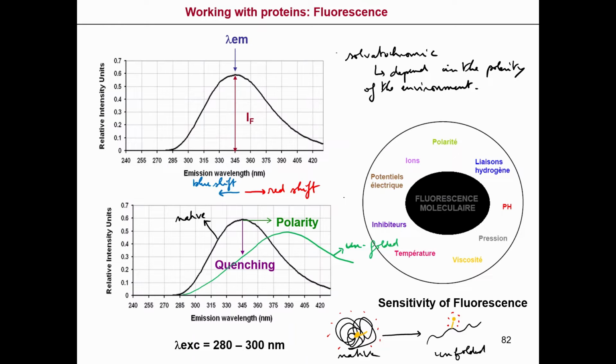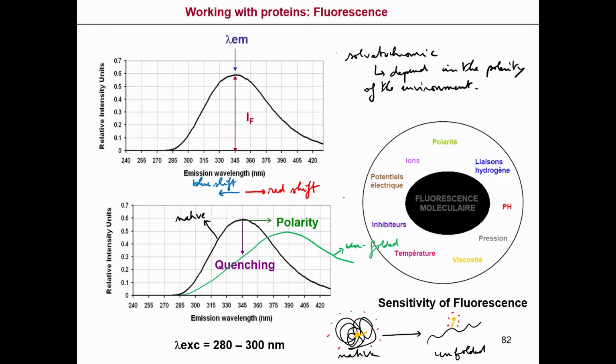Okay, so when we talk about fluorescence of a protein, it means that we look at the fluorescence of the tryptophan. But if you have other molecules, for example an organic molecule, you will observe the same redshift when you change